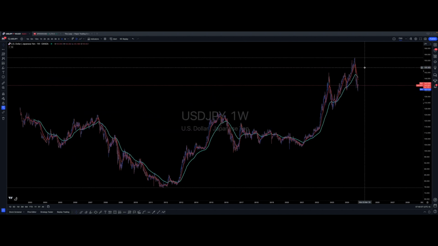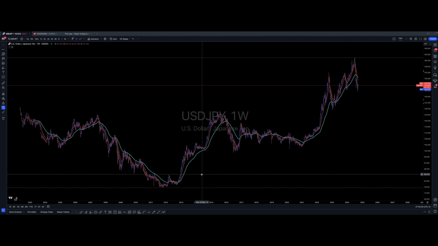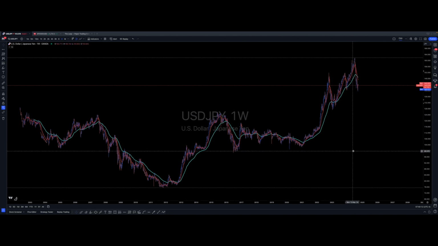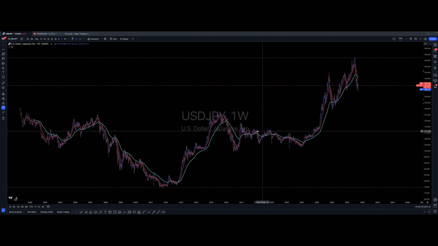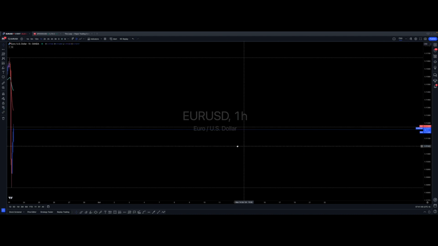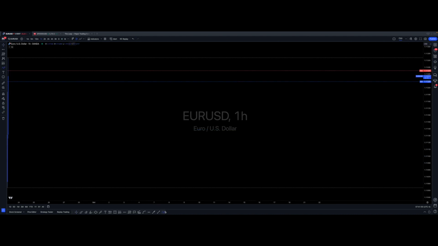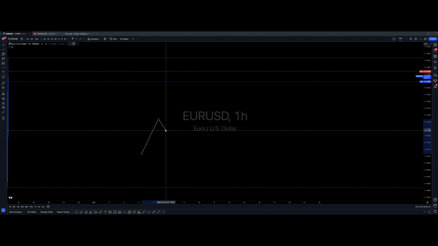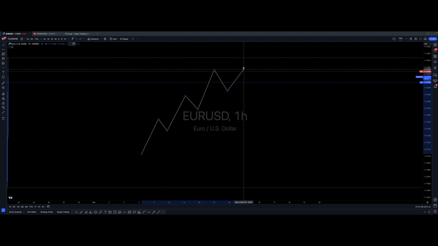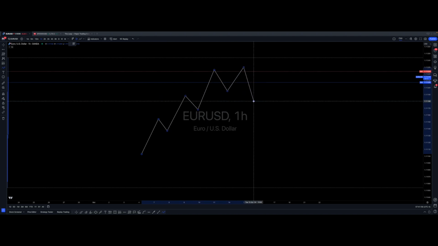AUD JPY, you can see pretty much a huge uptrend since 2012. Okay. And that may not be the same way for the rest of its life, but it is in a huge uptrend. So just to make sure, guys, simple things, right? We have the cycle that happens. We have the peak formation